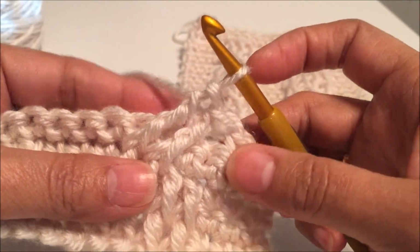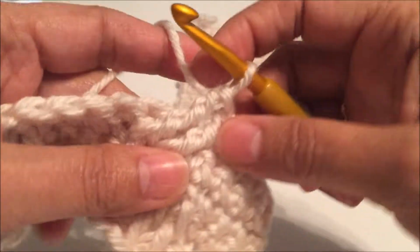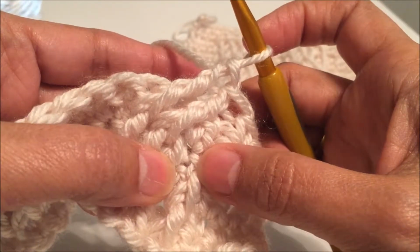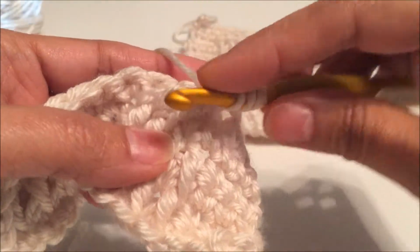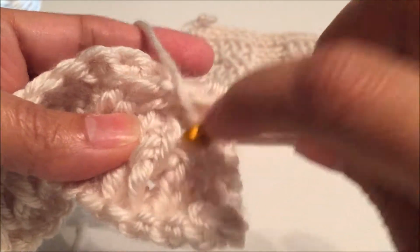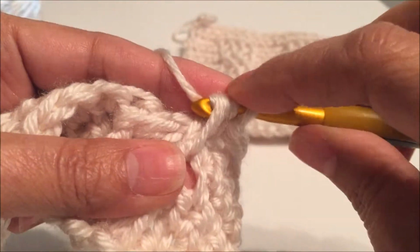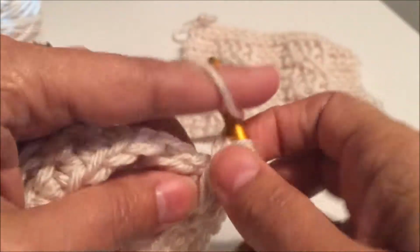The next one, which gets a little bit more tricky because you're having to bend in different ways, you're going to do the front post treble crochet in the 1st front post double crochet. So yarn over twice, insert your hook, and don't want to insert too low. You want to insert it in this row right here. Yarn over and pull up a loop, yarn over, pull through 2, yarn over, pull through 2, yarn over, pull through 2,